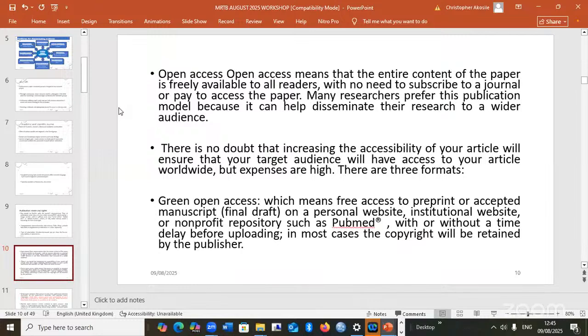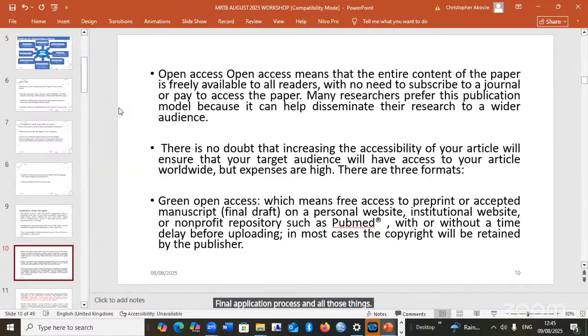In the green open access, people have access to the preprint or the accepted manuscript, the final draft of the accepted manuscript, on a personal website, institutional website, or non-profit repository such as PubMed. And so, as soon as your paper is accepted, it becomes available even before the journal takes you through the journal formatting process and the final publication process and all those things.